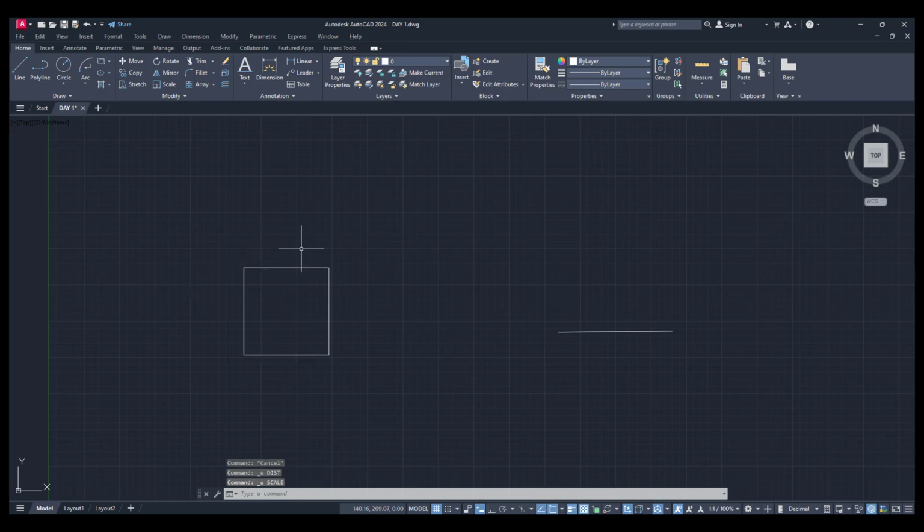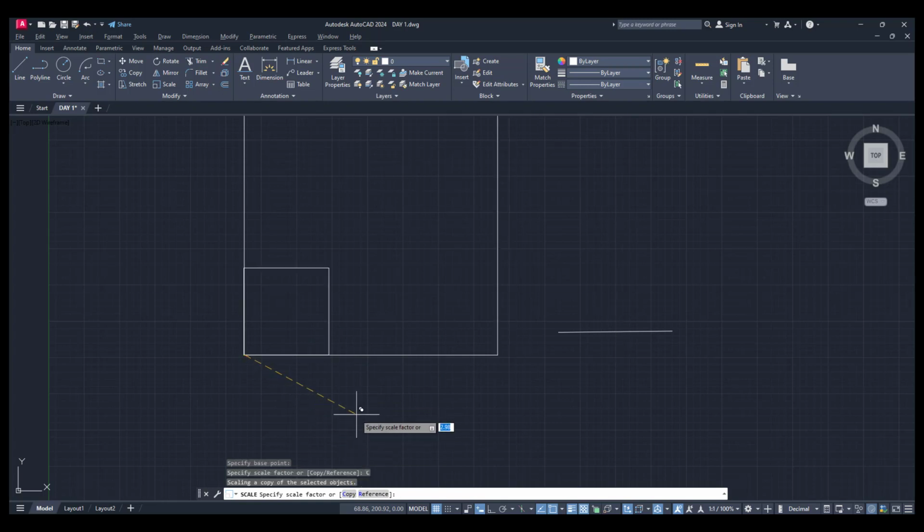If I want to keep the original object and also scale up this, then I take the scale command, select the object, enter, click the base point. If I want to keep the copy of the original, then I select the copy option.